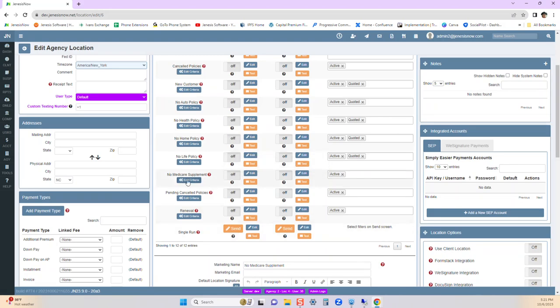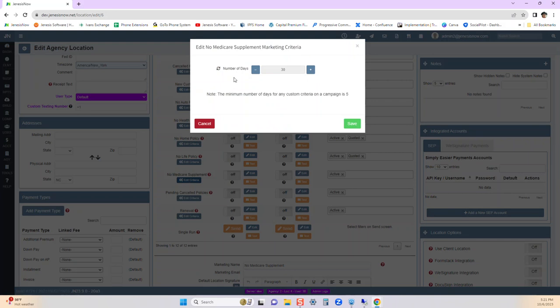Now, in this criteria section, you're going to see that we can set the number of days that we want this email to go out. So this email is going to go out to all of our active policy holders, regardless of what type of policy they have. So any policy holder that you have that's active, they're going to get this email maybe 30 days. You can even set it to 45 days prior to the expiration of their active policy. Now, we save it,